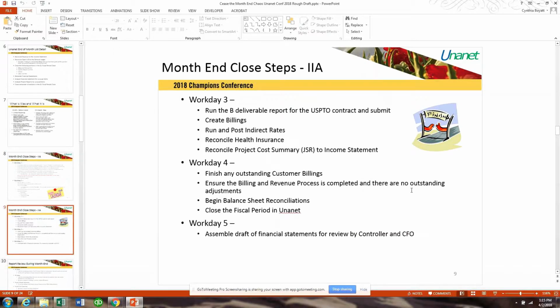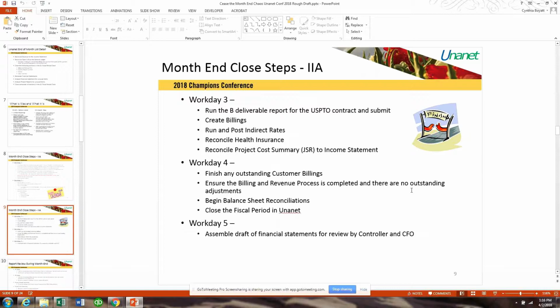On workday 3, we have a very specific deliverable report that has to be run for a very specific contract. This could be any other deliverable report that you may have in your company that maybe you have to supply to a client through your finance group. This report for us has to be done before we can do our billing. So it's very important that we send it off, we get it approved so that we can finalize the invoicing